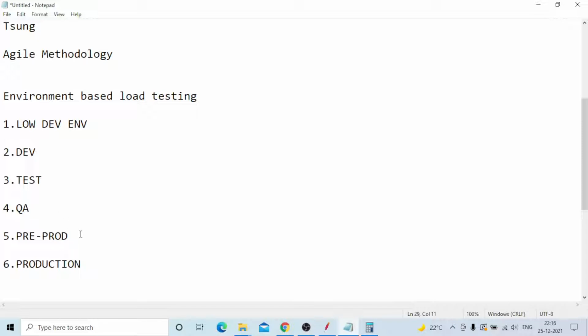Pre-prod means there are separate servers. From my company point of view, there are separate servers available in the pre-prod environment. How the production servers are set up, what the configurations are, everything is the same setup, same servers, same software you use to deploy the code and test it. This is the pre-prod environment. In pre-prod, the response will be the same as in production also.